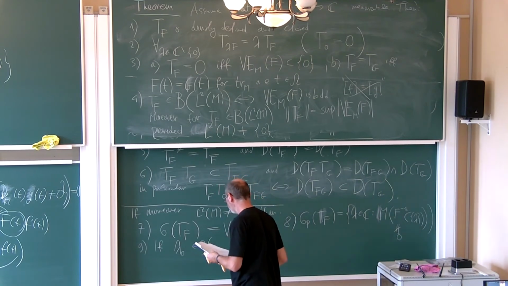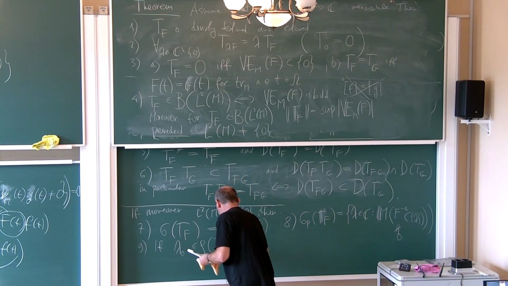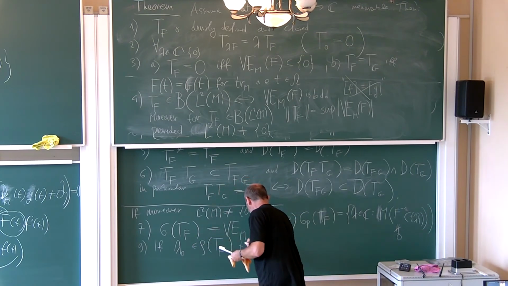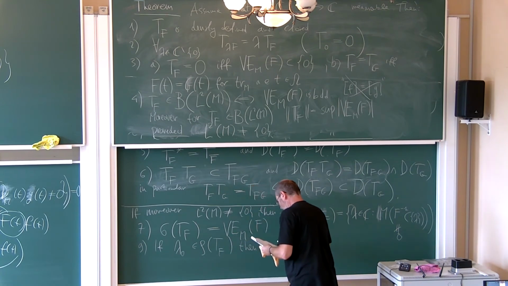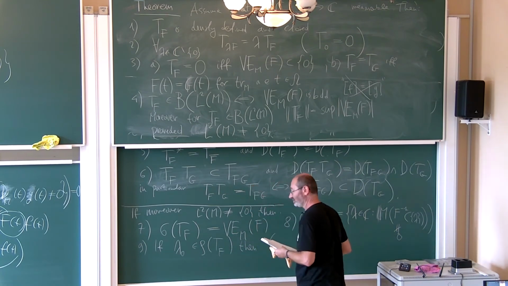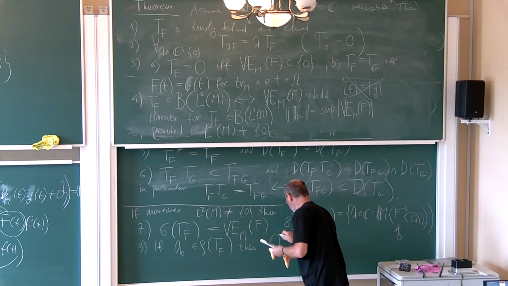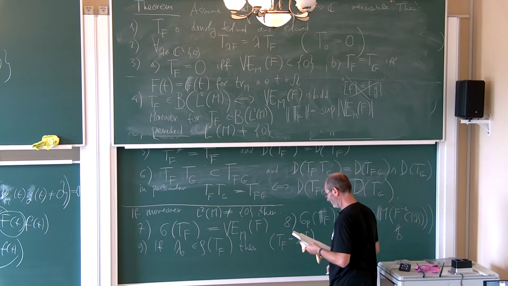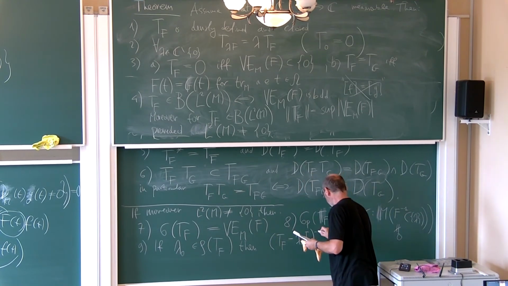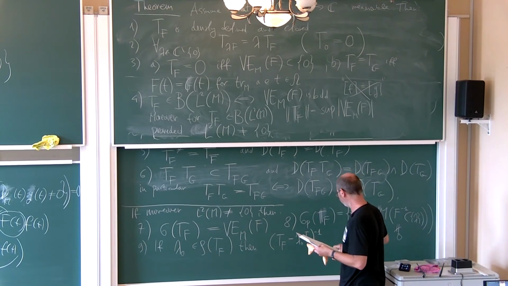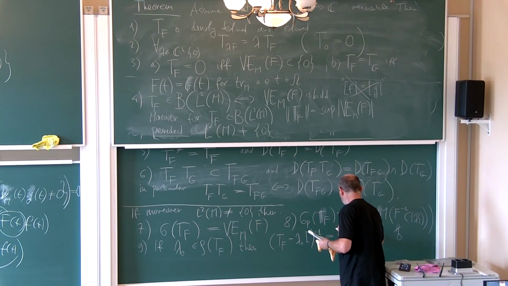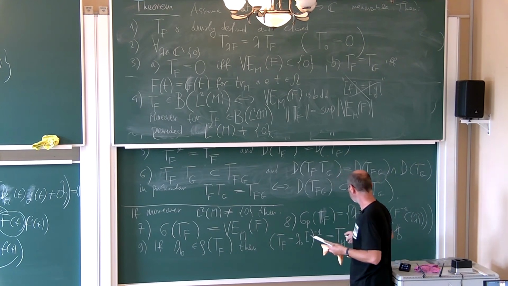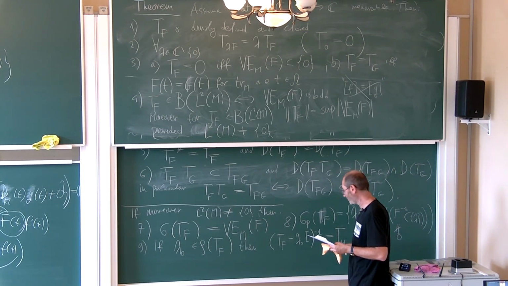When we take lambda 0 from the resolvent set, then we can write that the resolvent operator Tf minus lambda 0 times the identity operator, and the inverse operator is equal to Th, so it's also a multiplication operator by a function h,